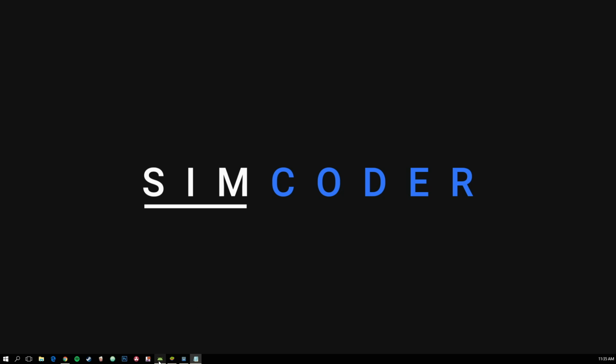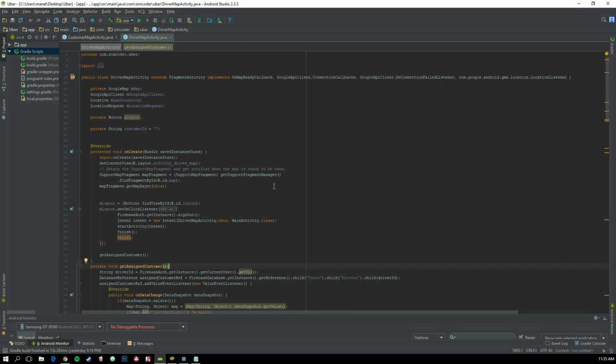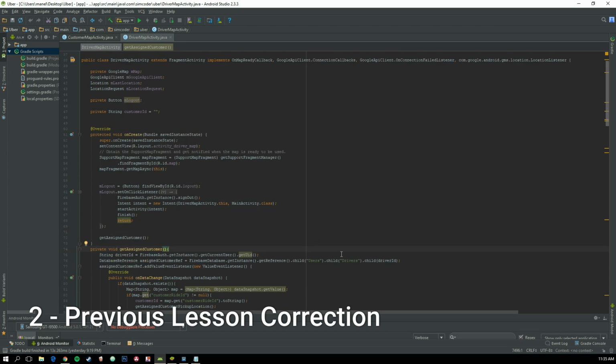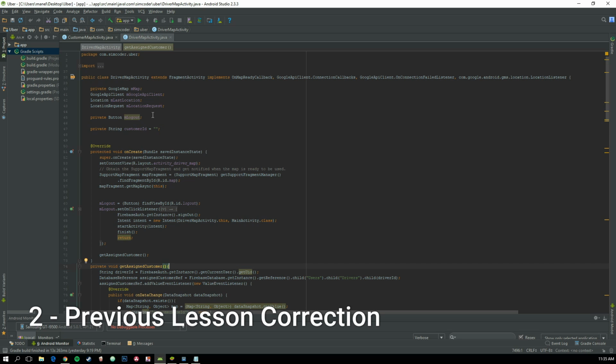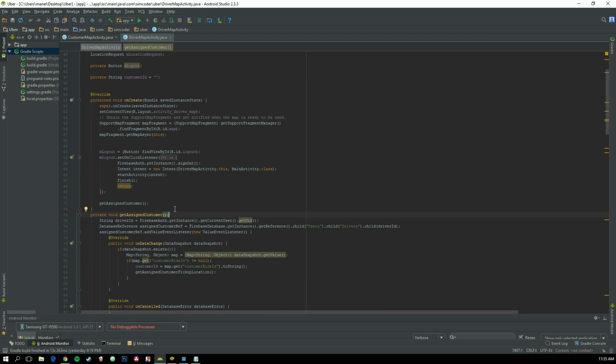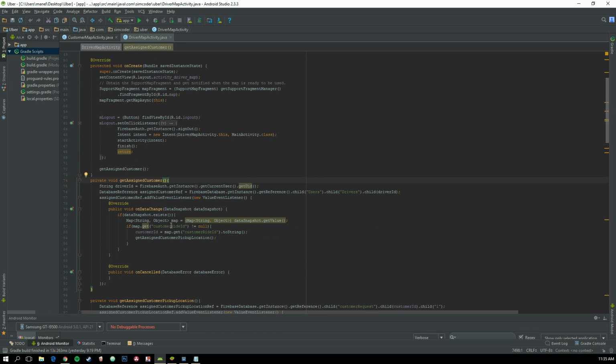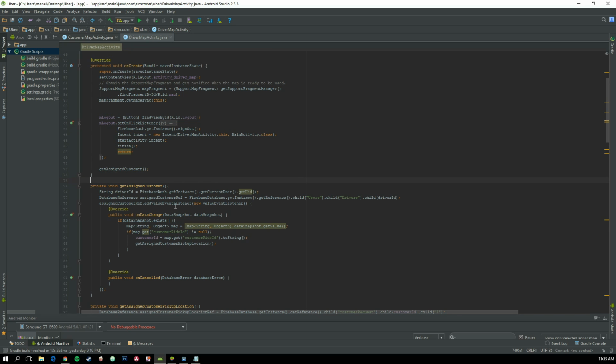So let's go into our Android Studio, and before all that I'm going to make a change in our driver map activity that we did in the previous lesson. As you can remember, we created this get assigned customer. This was to get to know if a customer has been assigned to the driver. But the way this is, it can cause some problems. So instead of having a map, we are going to copy this customer ride ID, which